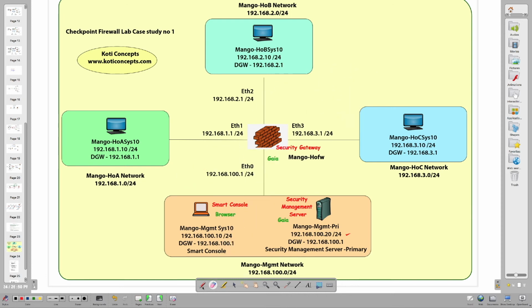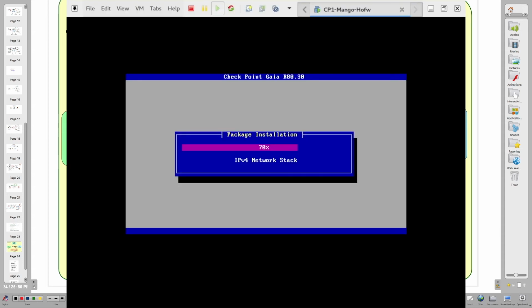Once the installation is complete, let us log on to this Gaia OS, assign IP addresses for the other interfaces also, bring the interfaces up, see the routing table, and see whether the IP addresses have been taken by the NIC cards properly by pinging the directly connected systems. So let's wait for the installation to complete now.